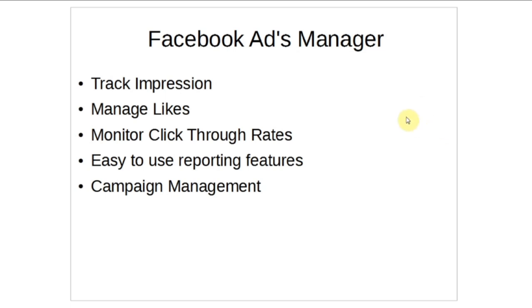You'll be able to track impressions, manage your likes, monitor the click-through rate. It's a really easy to use reporting feature, and it is very good for campaign management. A lot of people prefer to use Ad Manager if they're only running 1 or 2 ads at a time. Power Editor's always been deemed as a more multi-ad tool if you're going to be doing a lot of bulk